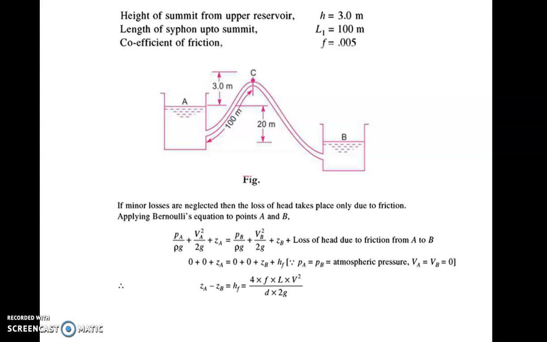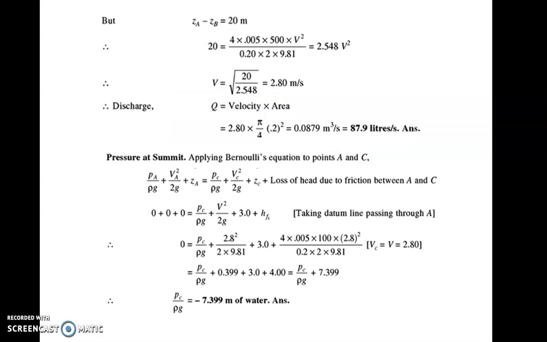So from the given data, ZA minus ZB, which is equal to 20 meter, is equal to HF, 4FLV square by 2gD. If you put in all the values of F, L and D in this equation, you will get the velocity. Velocity is equal to 2.80 meter per second. Once you get the velocity, you will get the discharge, because discharge is also asked. So discharge is coming as 0.0879 meter cube per second, or 87.9 liter per second, and the pressure at